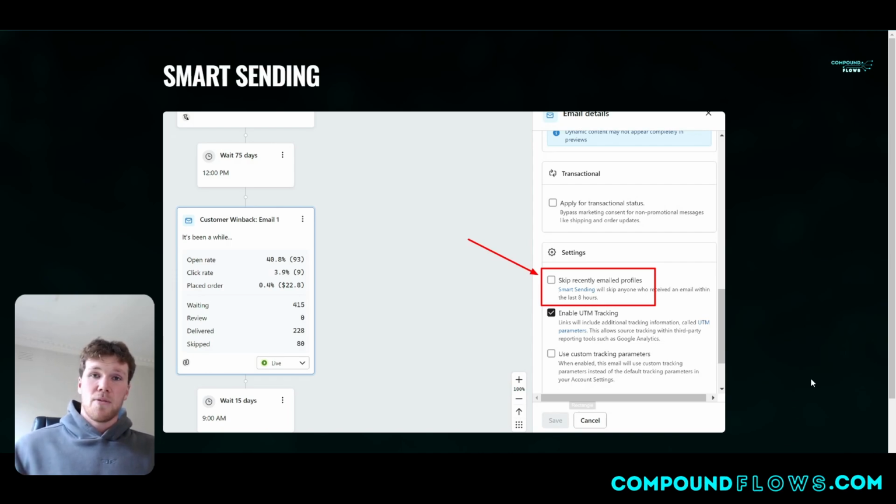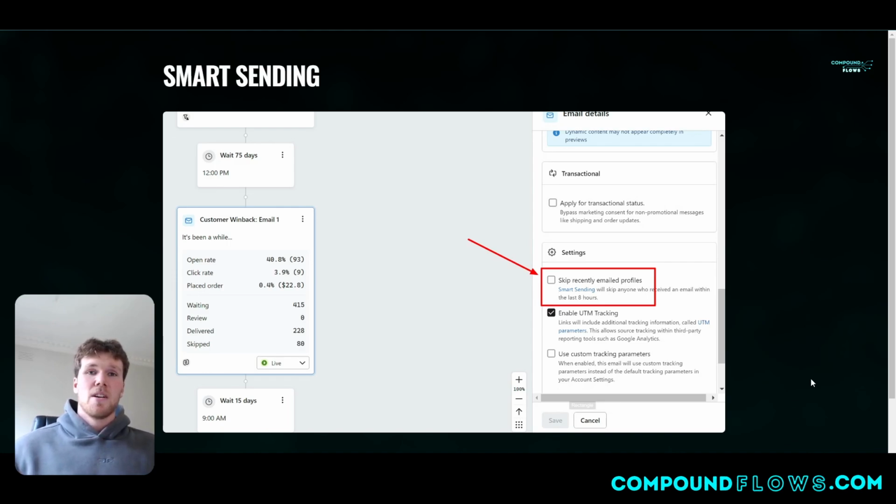Again, a really good example for this is if someone is in the abandoned checkout flow, they've just left an item at the checkout and they just need to be reminded. If you send an email campaign about something completely different, like a bestsellers campaign, that will block out their abandoned checkout reminder email. That bestsellers campaign isn't super relevant to this person, and you would much rather them get sent the abandoned checkout email because they're so close to making that purchase and actually stepping over the line and